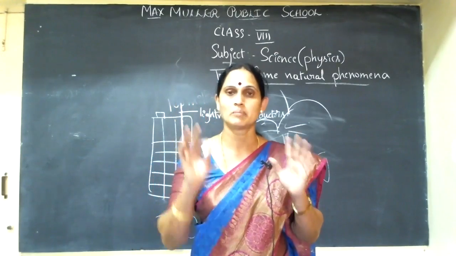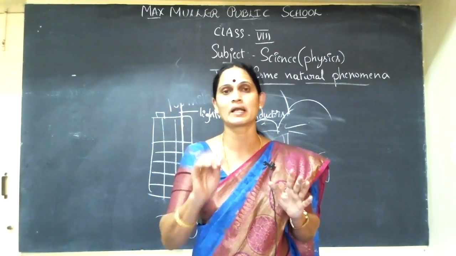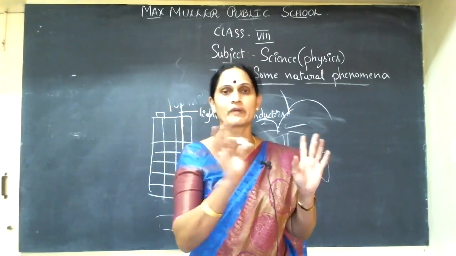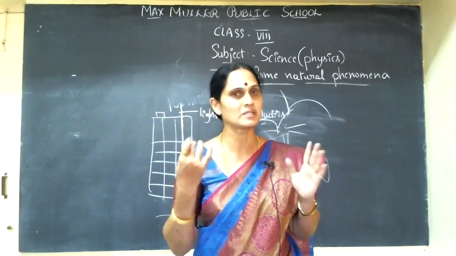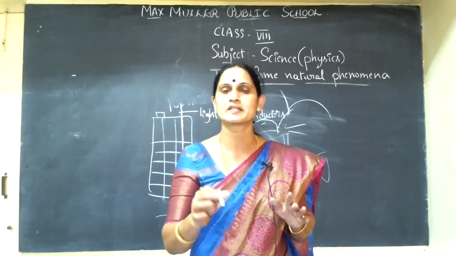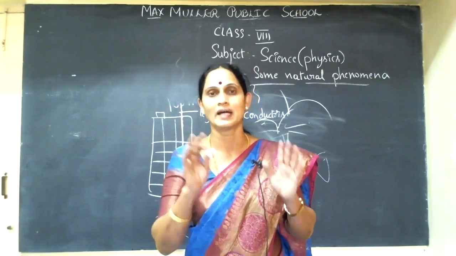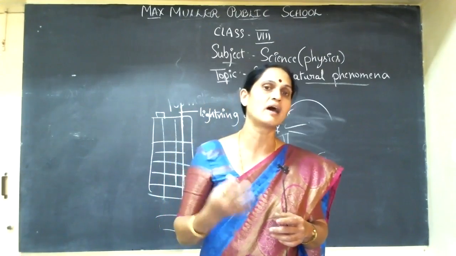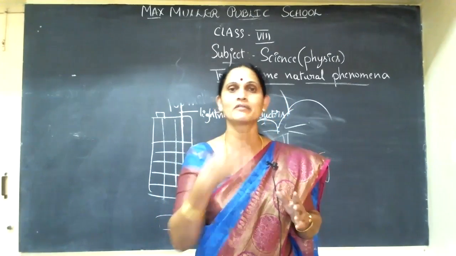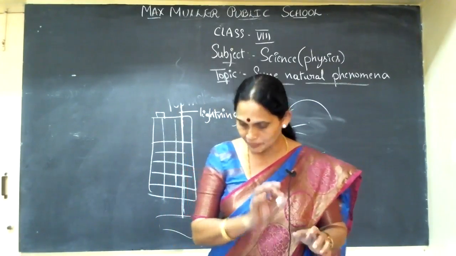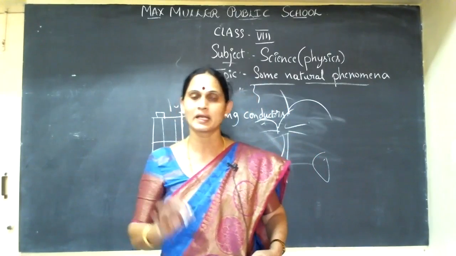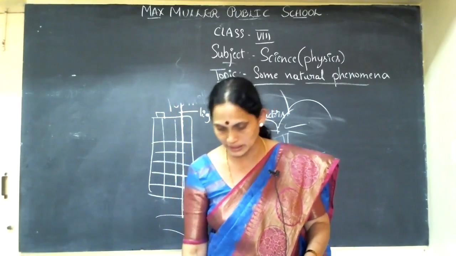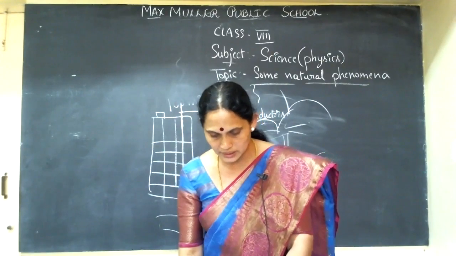And we have to switch off most of the lights. With one light, we have to sit at home. Okay, off everything. When the TV is unplugged, it automatically goes off. The refrigerator, everything should be off. It will not last for the whole day, maximum half an hour or one hour. After that, we can reuse the things. Okay, these are the safety measures to be taken inside the house and outside the house. Okay, this is all over, children.